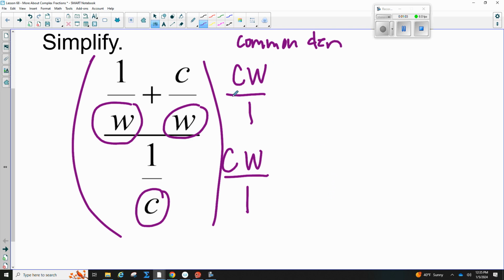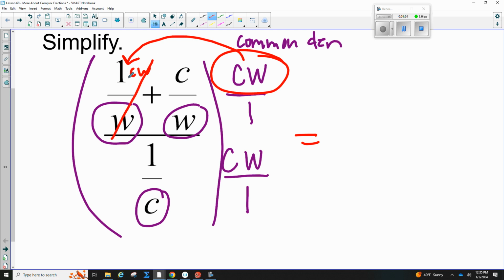And this is really equal to 1, right? This is really CW over CW, which is 1, so it's legal math, okay? Now I'm going to multiply by distributing here to here. So I'm really multiplying the CW times the W, or times the 1, and the 1 times the W. It's almost like putting a CW here, but you don't have to write that. You could just do this in your head if you want. But when I do this times this, what is going to cancel? Yes, and you're going to have a 1 times C, which is C